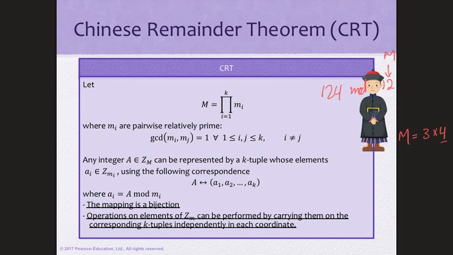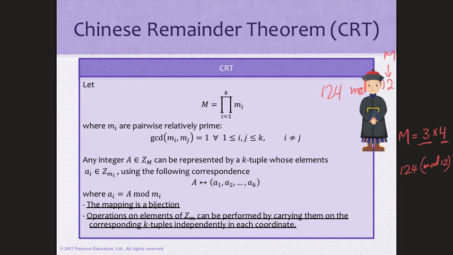So notice that these are relatively prime. They don't have any common factors among them. So M is equal to 3 times 4. That's my factoring out. Then I can say that 124 mod